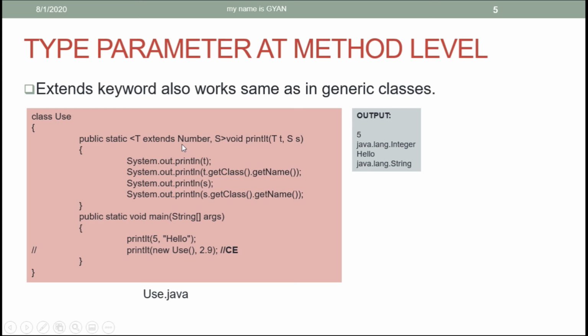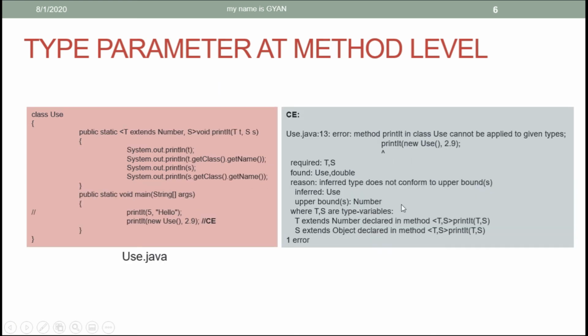So only a Number object or children of the Number object can be stored in the reference variable of type T. The compiler will not allow anything else, and it will throw an error: Method printed in class use cannot be applied to given types. Required T, S; found use, double. Hopefully you are getting my points, because this video is just a revision of all the previous videos we have already seen in Java and Web session 21.